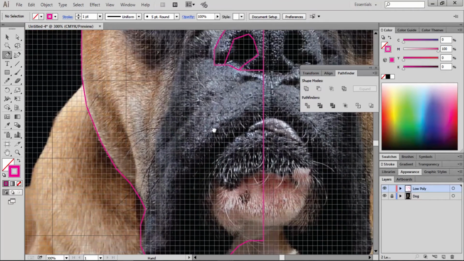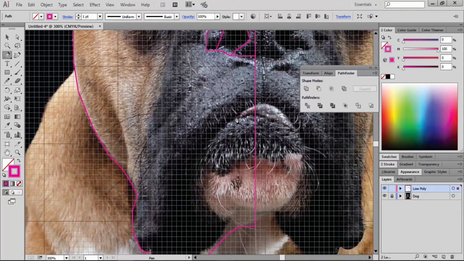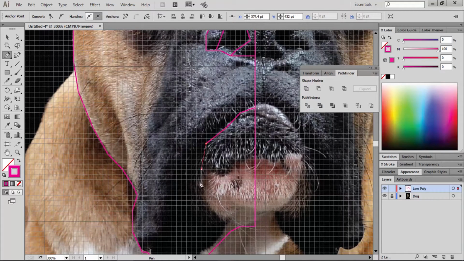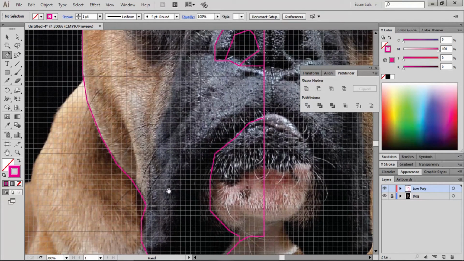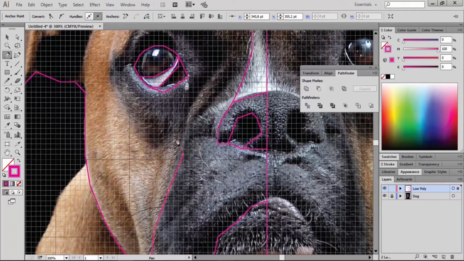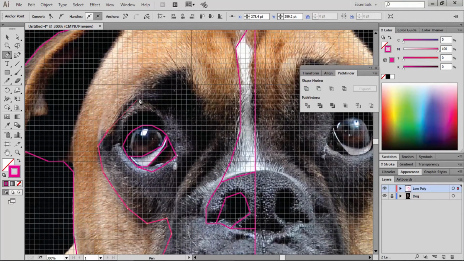Let's go for the mouth now. Let's just draw the mouth. We go down from here. And now we can draw this dark area on the dog's face. Let's see. Let's finish this dark area.